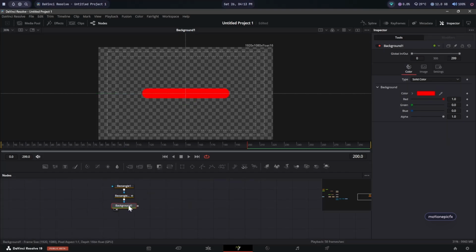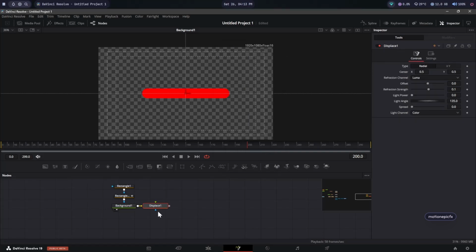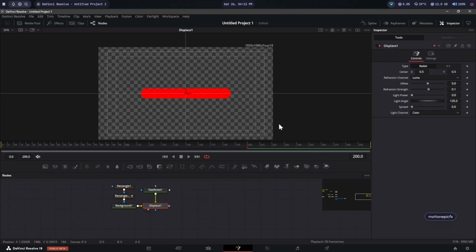So now after the background we will add in a displace to this. So search for displace and click on add, and to this displace we will add in a fast noise, which is the second icon. Just drag that like so and connect it to this displace. Right, now we need to make some changes. Let's go to the displace over here, and what we will do is we'll change the type to XY and